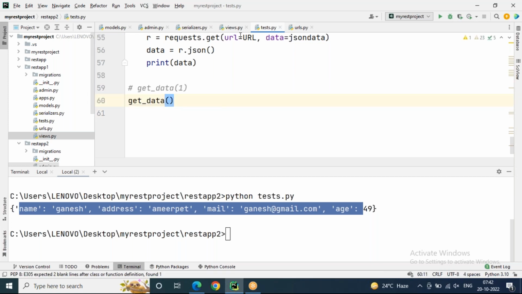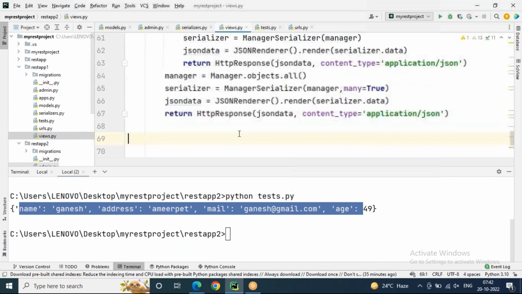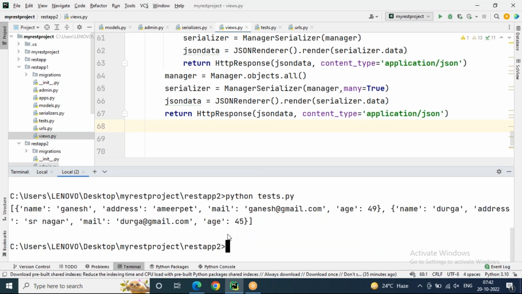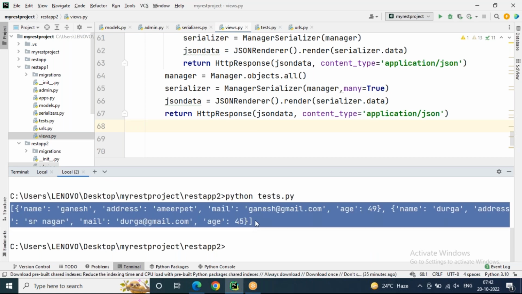Similarly, if I comment this one and uncomment the other, get data means what? Now this time you can see this code will execute: manager dot all objects all only, so many equal to true. So let's start the server. All records are coming from the database. Only 2 records are there, 2 records are being read. This is about complete CRUD operations using